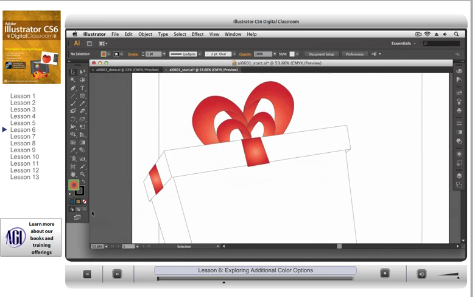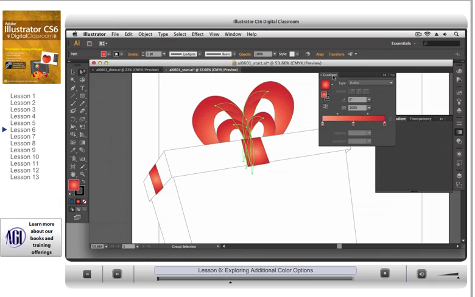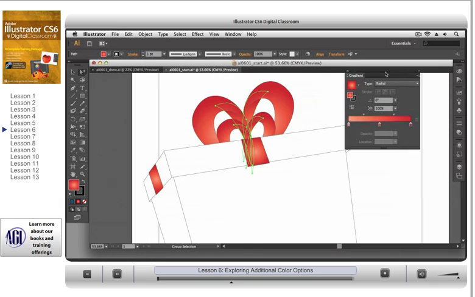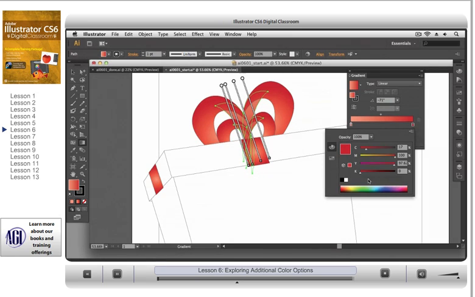Okay, so back to my main file. This time I'm going to use the group selection tool, and I'm just going to shift click on a few of these elements. I'm going to bring up the gradient panel, just position this so we can see it, and I can change the values on this. So maybe I could switch it to a linear gradient. I could use the gradient tool again just to change the path, and I could remove a color stop. I can change color values,